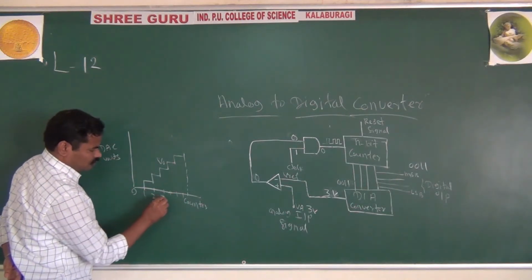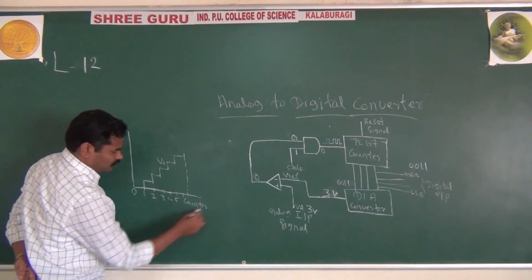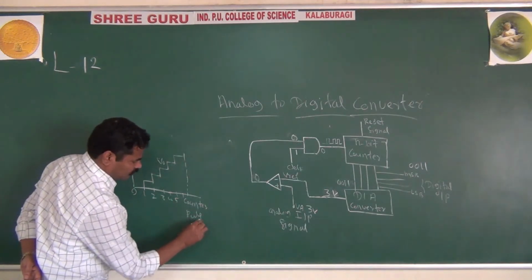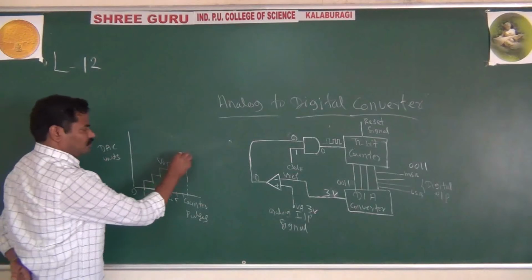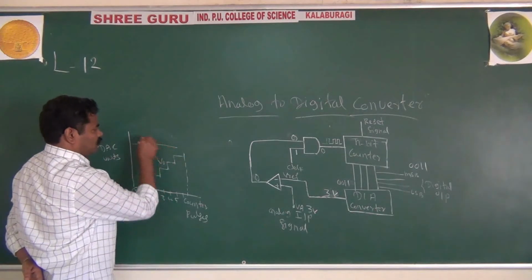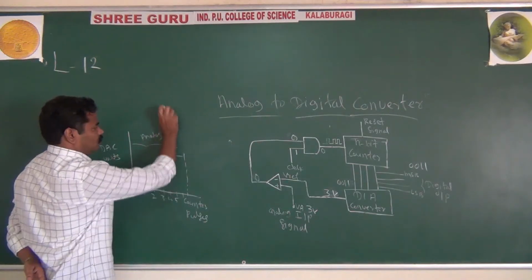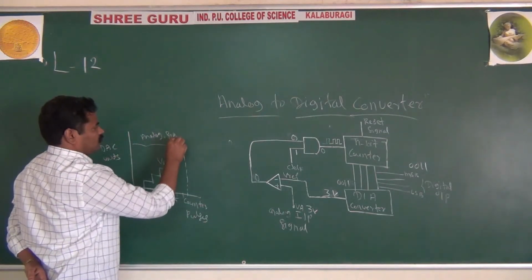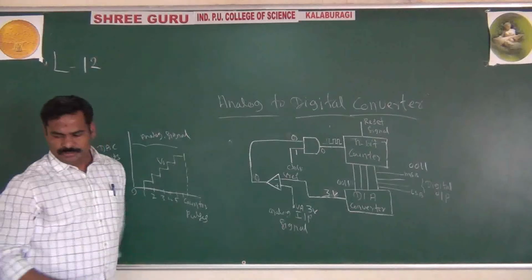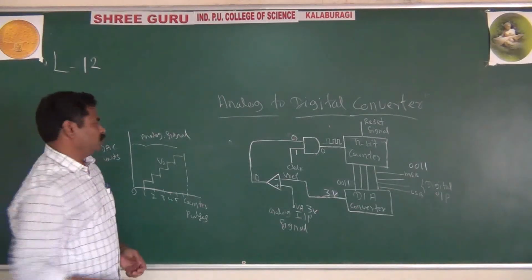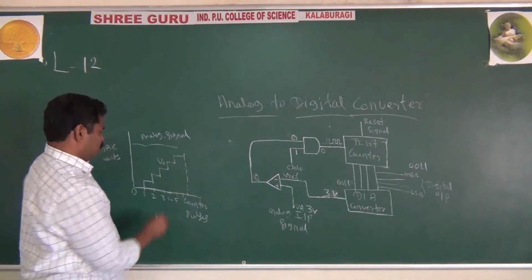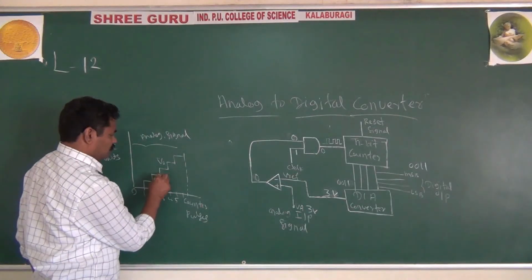Consider 1, 2, 3, 4, 5. Count the pulses. This is about your analog signal. It means actually you are having an